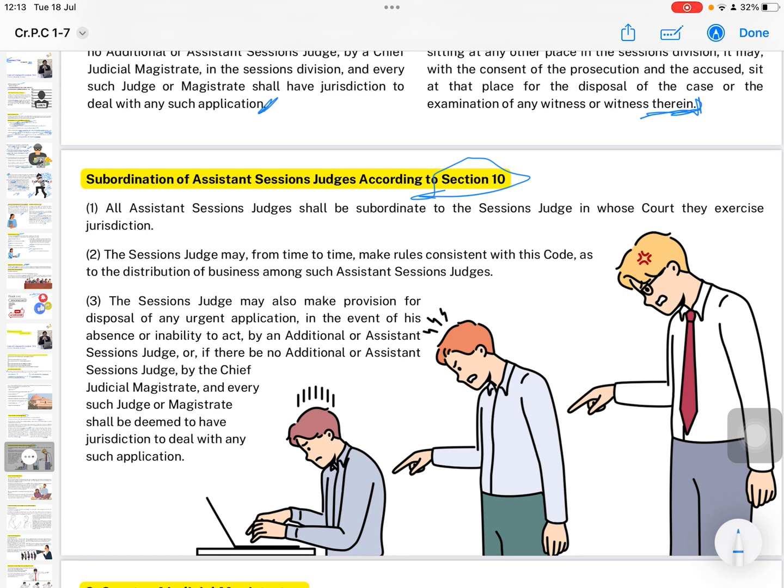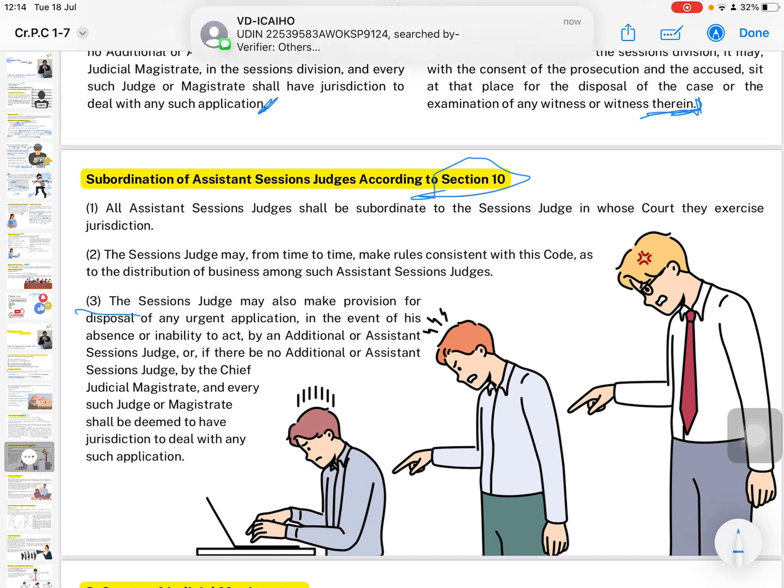जो session judge होगा वो assistant session judge के लिए distribute कर देगा कि इस टाइप के केस आप देखो, ये आप देखो, ये आप देखो, kind of delegating the work for the faster disposal. The session judge may also make provision for disposal of any urgent application in the event of his absence or inability to act by an additional or assistant session judge, or if there be no additional or assistant session judge, by the chief judicial magistrate,